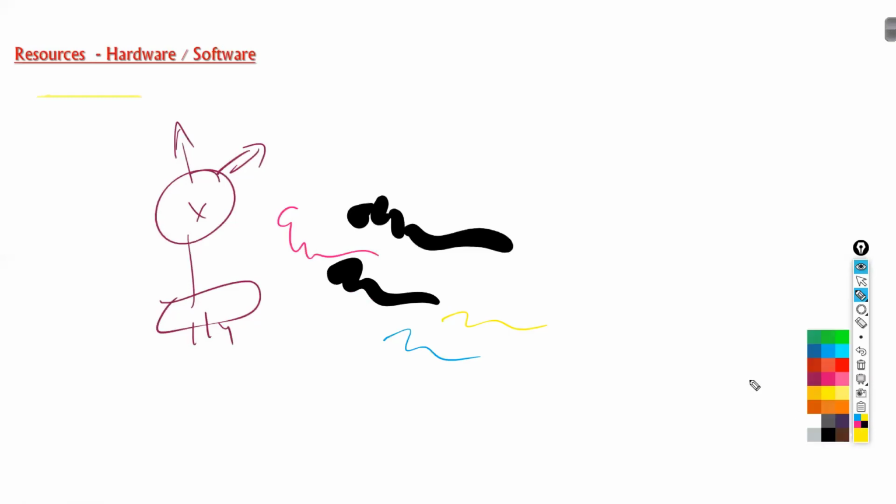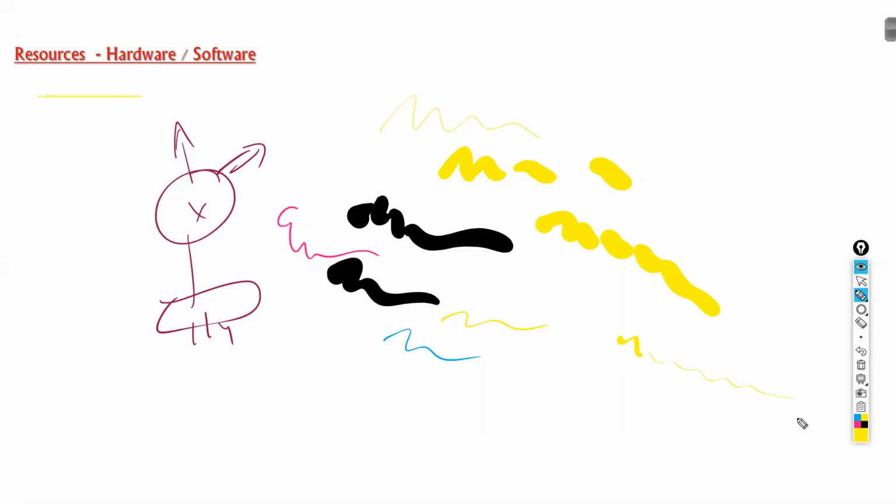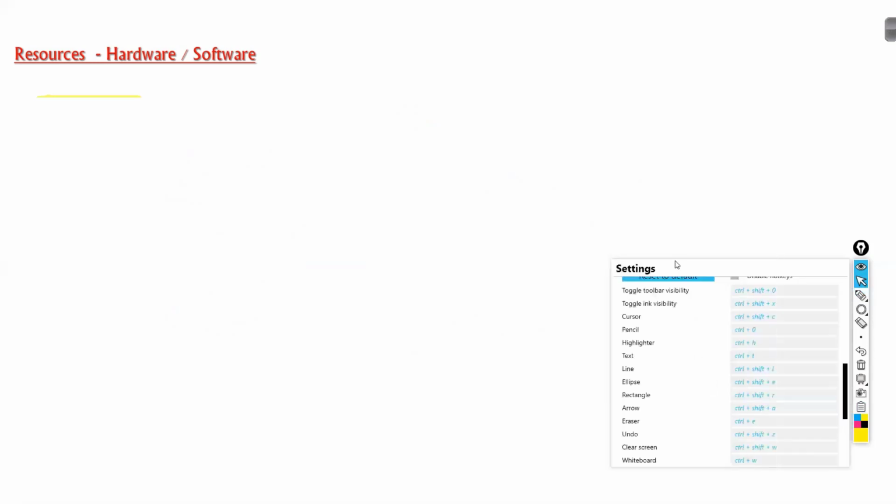Or else if you want more colors, you have to move the cursor. Likewise, if I want to increase the font size, the thickness, I can do that. You can see here, I can reduce my thickness. I use some shortcuts, and likewise, if I want to erase the complete screen, I use another shortcut, Control Shift W. So you can set your own shortcuts. Okay. So I have to figure out the shortcuts and memorize. But once you start using it, this is a more professional way.